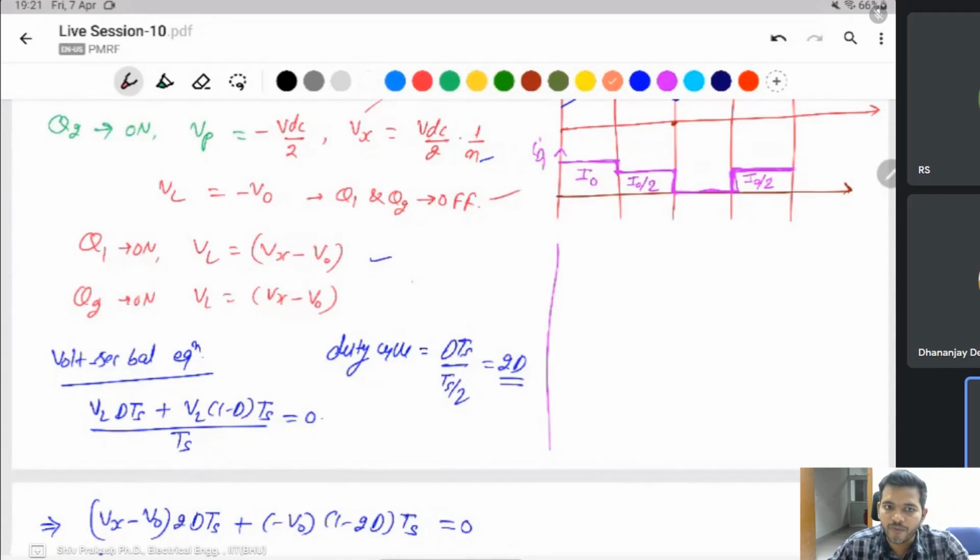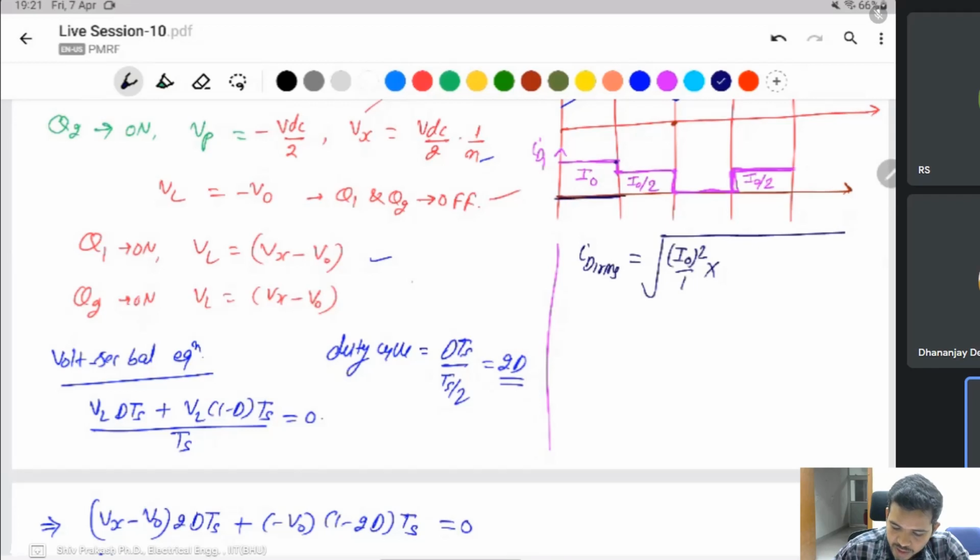For a square waveform, to find the RMS value, ID1 RMS is the root of the whole: magnitude squared, I0 squared, divided by 1, into how much time is present. This one is time dTs, divided by the total time period Ts, plus